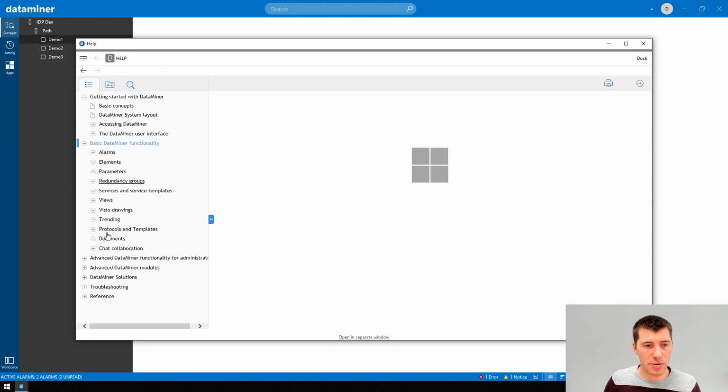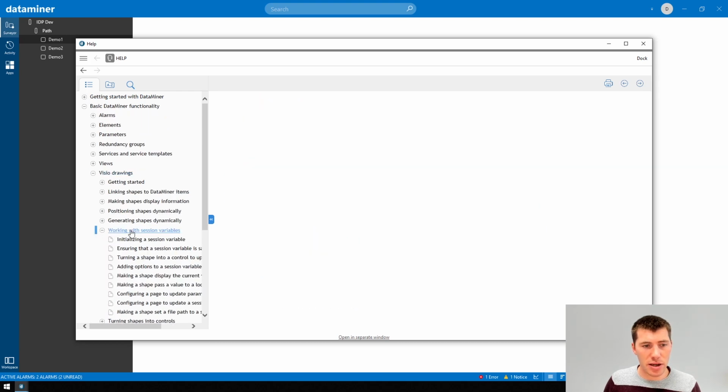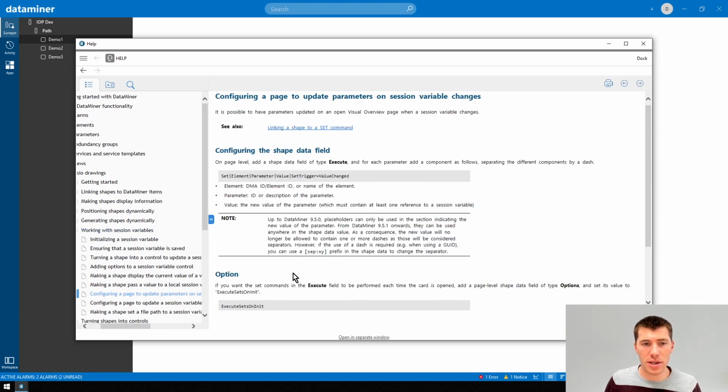Under basic DataMiner functionality and Visio drawings, you will see that we have a section working with session variables. On here, there are two options, either a link to update parameters whenever a session variable changes, or update another session variable. Let me first show you the first use case. As you can see, we use the execute shape data field. You might remember this shape data field when you used it for setting a specific parameter or making a button